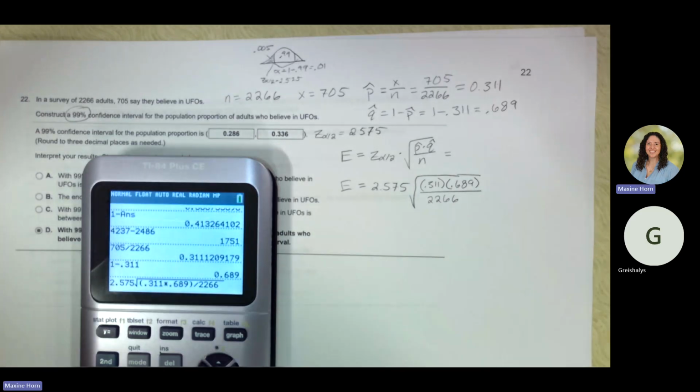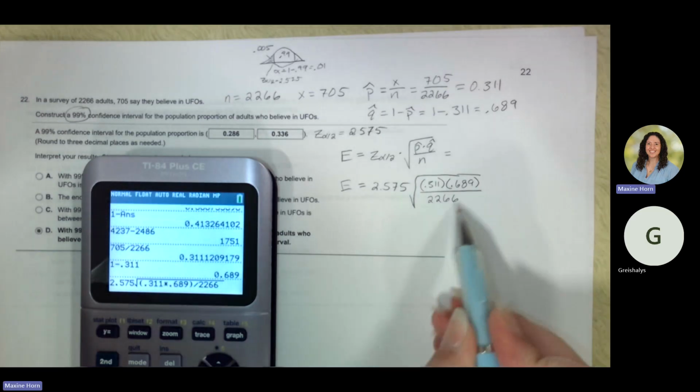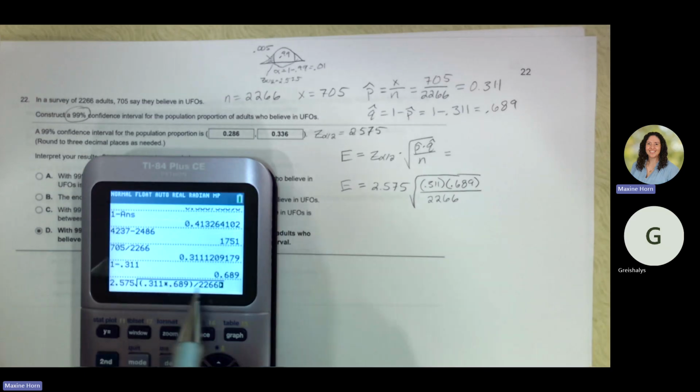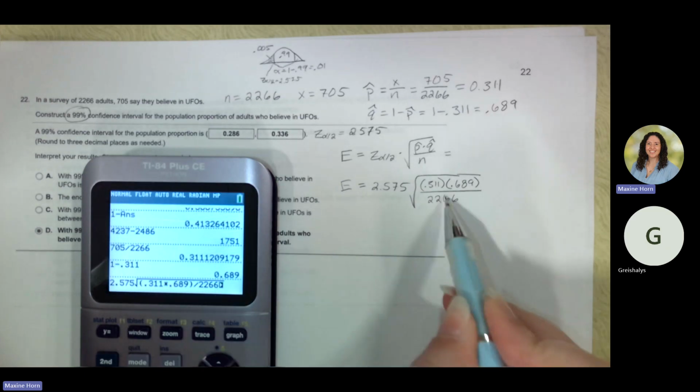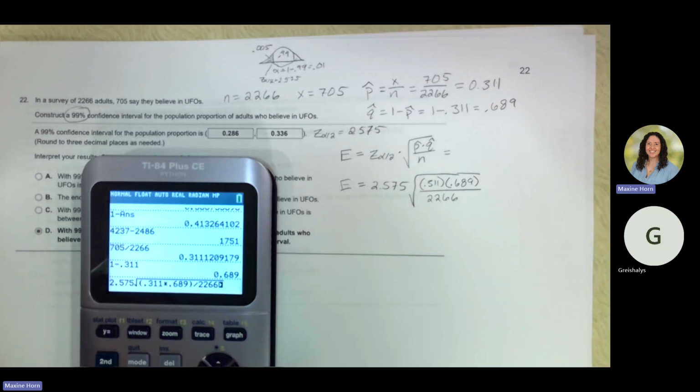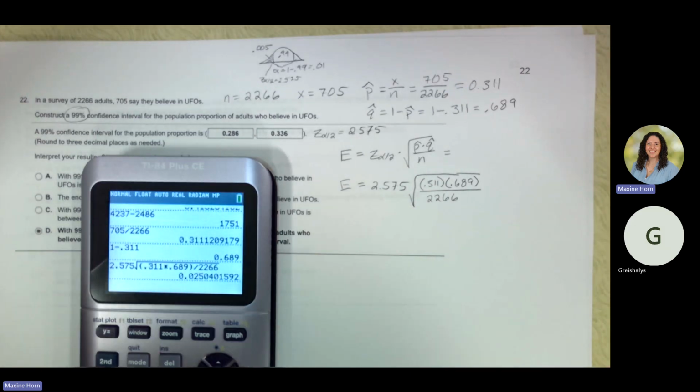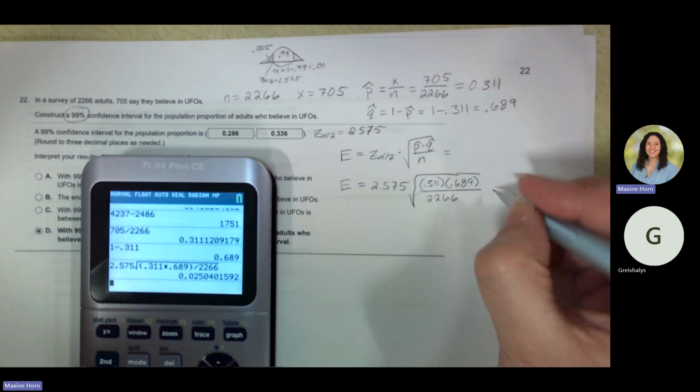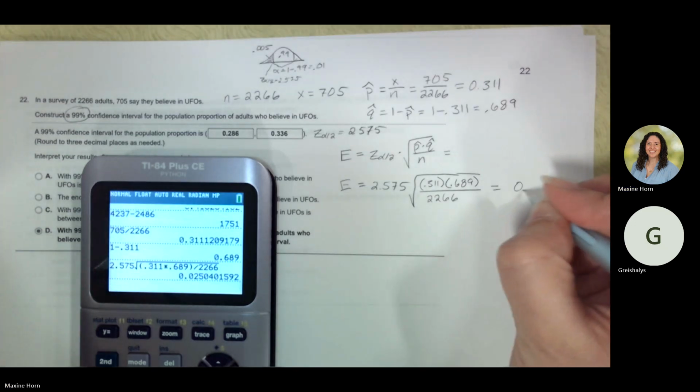When you're doing this, make sure that this number in the denominator stays underneath your root, right? You see how this line on top is continuing to extend? That's because this is underneath the root, okay? All right, so we're getting a margin of error of about